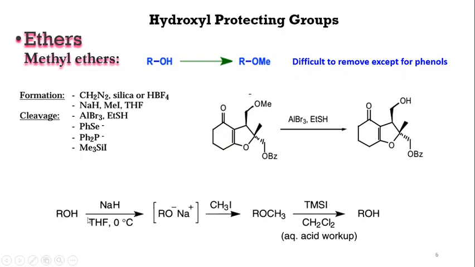Here are some examples. This is the formation of methyl ethers by using the NaH. First, the abstraction of this proton, and then the negative charge over this oxygen can react with this methyl iodide, and we got this ether. This is the methyl ether, and for deprotection, there is an acidic workup and we got the deprotected alcohol. In this case, there are two protected OH groups present: this is methyl ether and this is the benzyloxy ether.